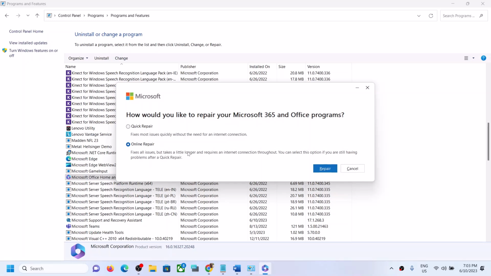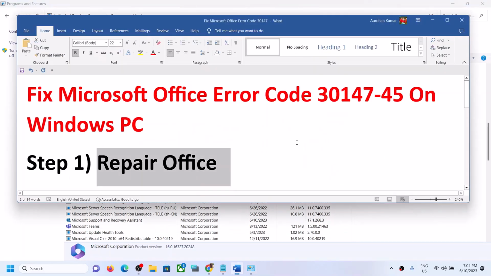Now, this may even uninstall your Office. So if you're sure, you can go for online repair. Here you can see it fixes all issues, but it takes a little longer and requires an internet connection throughout. You can select this option if you are still having problems after quick repair. So you can try this, but this may uninstall and reinstall Office. And then click on repair. After this, you can check. But if you're still facing the problem,